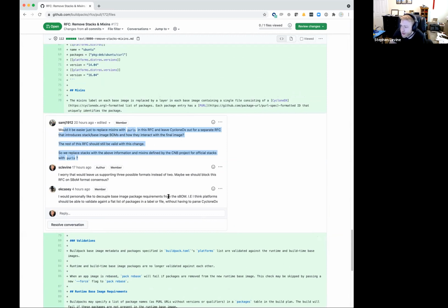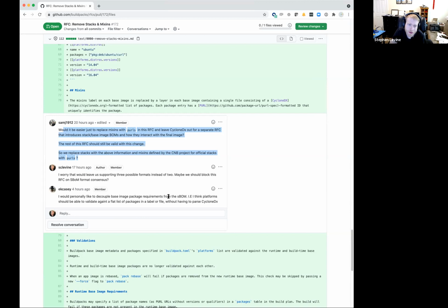So I think there's a decision to make, which is, should we have a separate list that's permanently used to match packages? If we decide that's the direction we want to go, then yes, CycloneDX could come out of this one. But if we don't want a separate list, if we want it to be one thing, I don't want to create another intermediary format that we have to support forever in the middle of it. I thought about that, and at least this one doesn't have to be coupled to it, but in the end, if we wanted one list of packages in one format and not have to switch to one format and then change to the format again in the future and deal with all the compatibility stuff, I thought this was the right path forward.